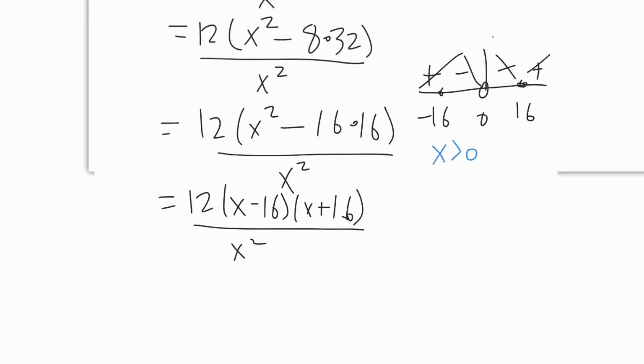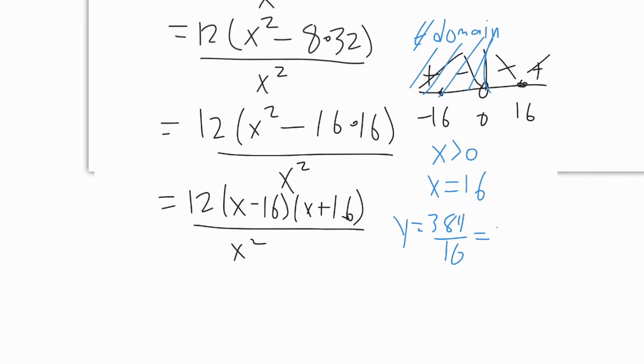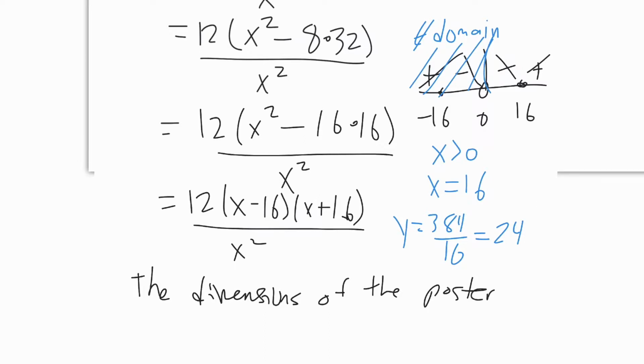So this right here is not in the domain. So that gives us x equal to 16, which we can solve y equal to 384 over 16, which if you do the division, you'll simplify it as 24. So the dimensions of the poster are,